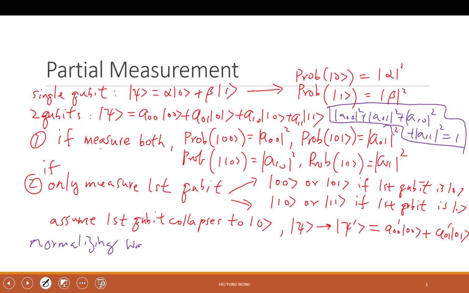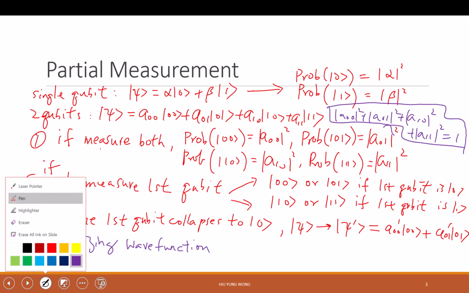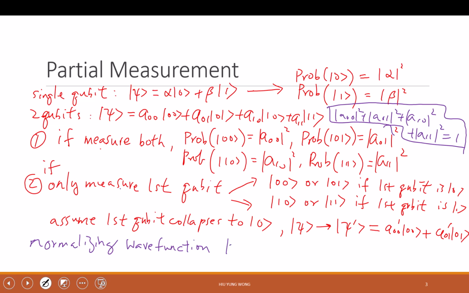A wave function. And the easiest way to do this is very simple. The wave function now, the psi dash, is still equal to A00|00> plus A01|01>,